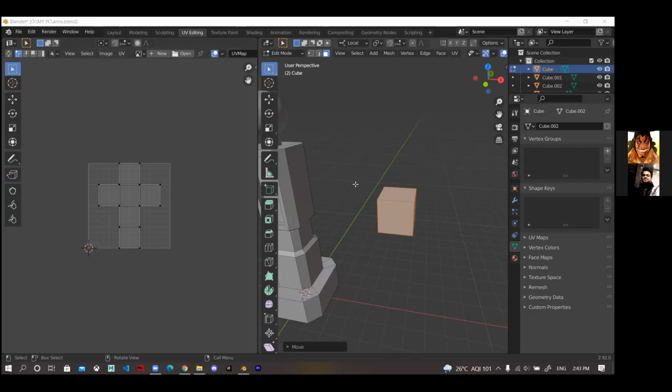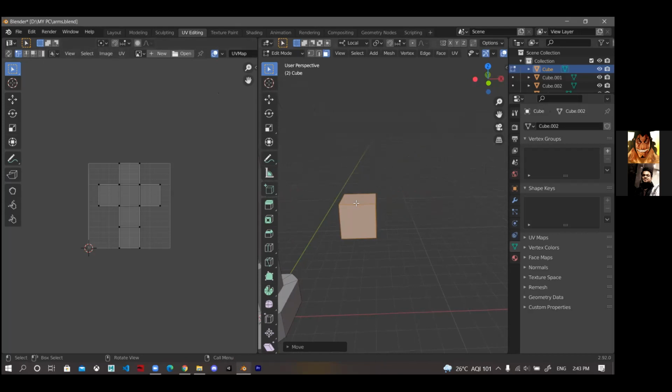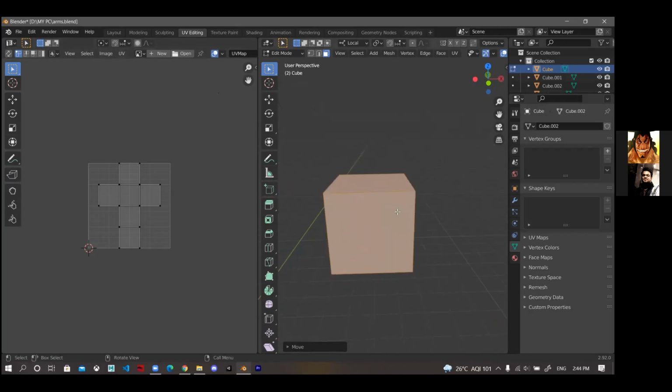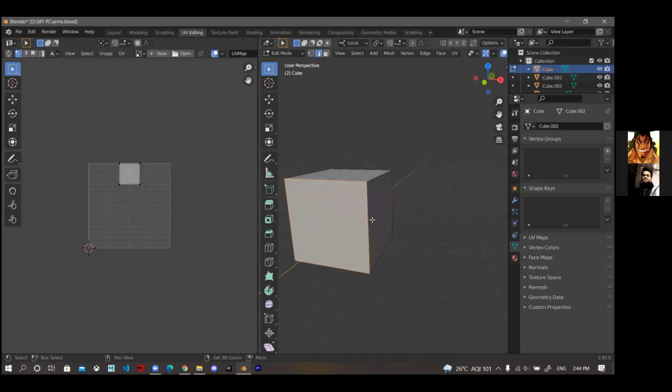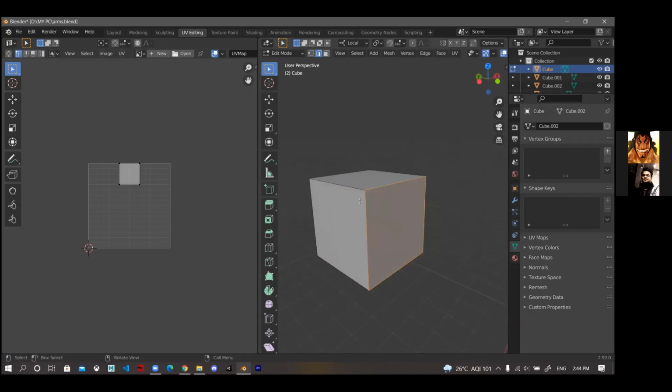Okay, UV unwrapping. In today's session we will first cover UV unwrapping and then we will talk about the shading part, and we will get to know what UV unwrapping is. This is the basic thing: UV unwrapping opens the image. We add some paint, basically the texture, to this cube, then what a UV map does is it shows that texture in a 2D plane so that we can see what is actually going on on this 3D texture.